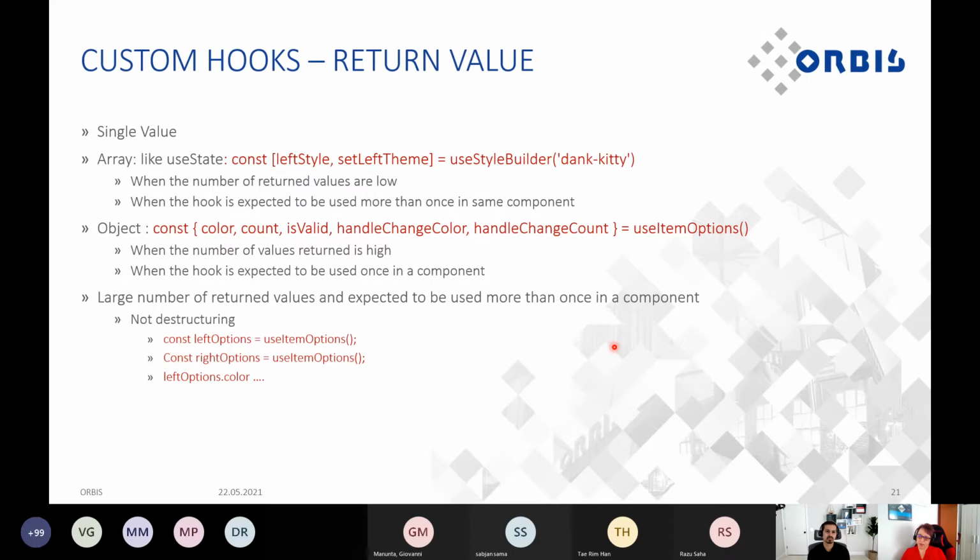And there are some rules what to choose, what is better. So when there are not too many, it should be array. And when there are a lot of properties, then it should be an object, because I don't have to remember the order. But there are some cases where